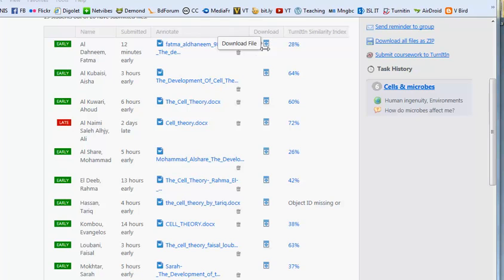When you want to grade these, you could download each one. It would take you forever. I like this. Download all files as a zip folder. You can unzip, you can then grade it